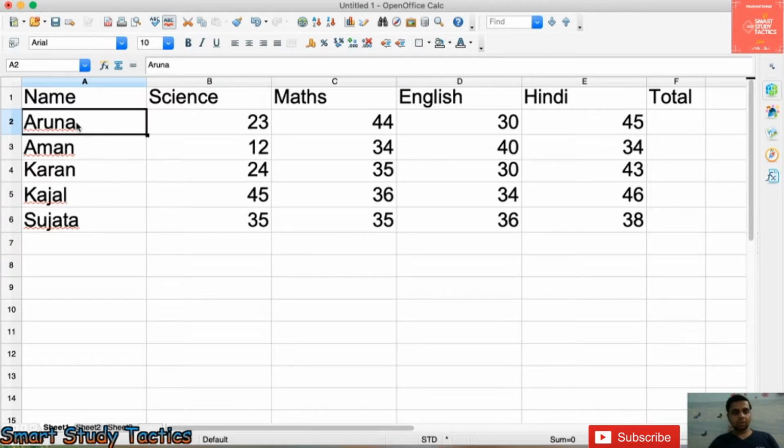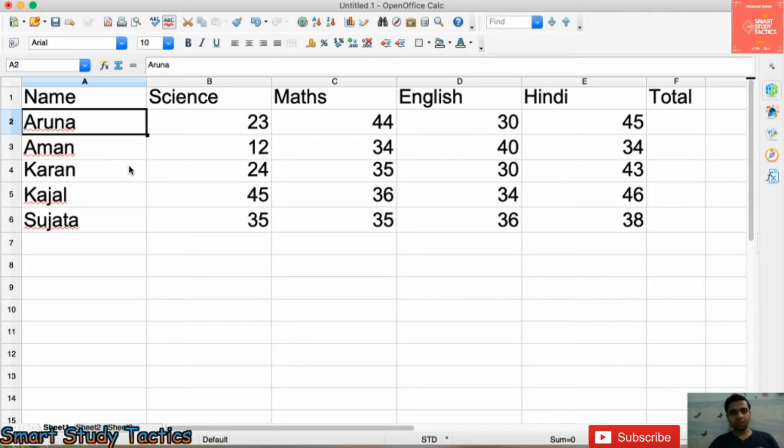As last time in the class we discussed the addition and subtraction of numbers, similarly we are going to learn in the mode of YouTube. So I am uploading my first lesson of Excel on YouTube. As you can see, this is the Excel spreadsheet window and I am using OpenOffice. I think it is pretty clear what OpenOffice is and what MS Office is. There should be a difference between both of them.